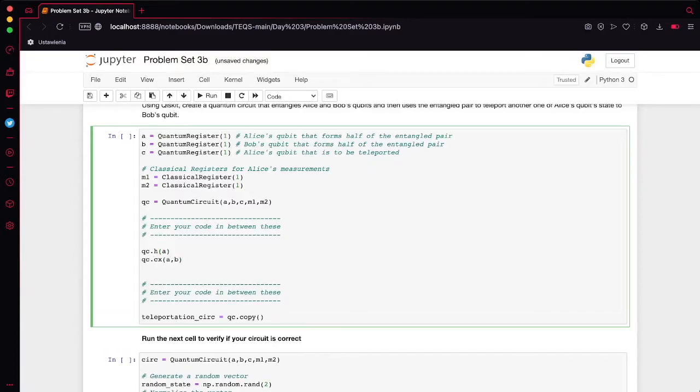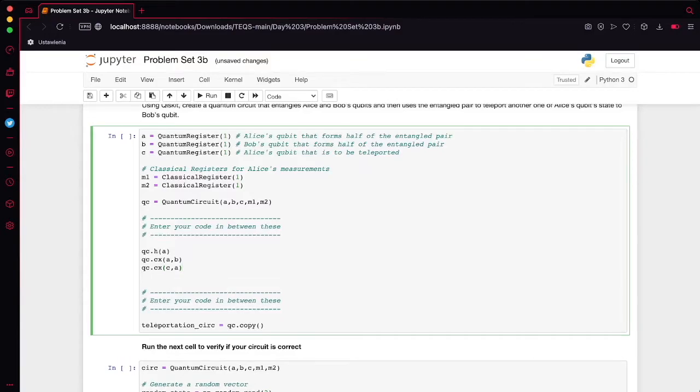So now these 2 qubits will be entangled. And what we want to do next is to entangle Alice's qubit C with this pair, right? So qc.cx(C, A). So Alice does this entanglement between her 2 qubits. Also qc.h